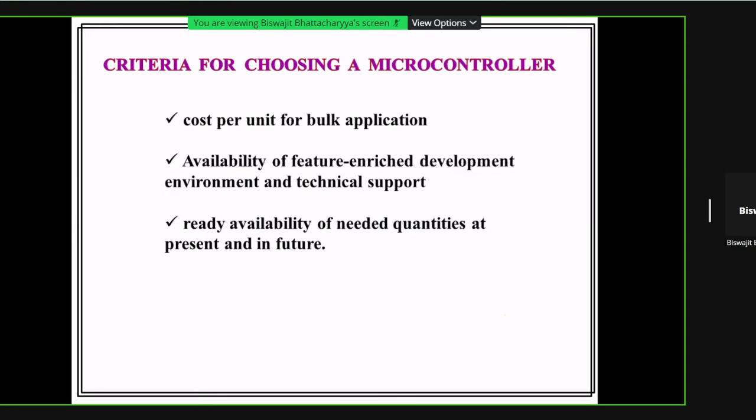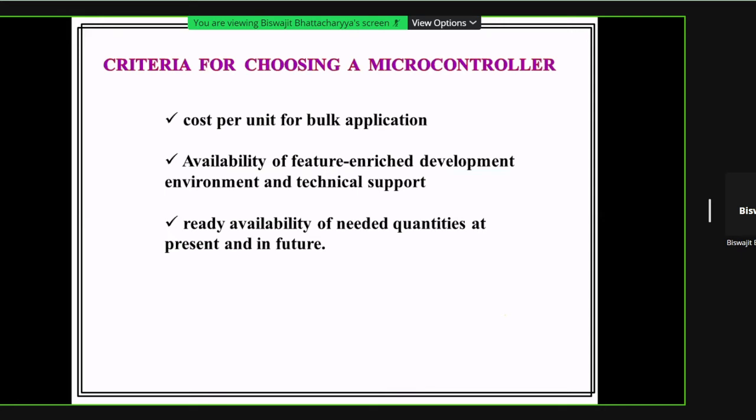Then there are some more issues for selecting a microcontroller. For bulk production, the cost per unit is one issue that should be as low as possible. Then there is the availability of a feature range, development and technical support.